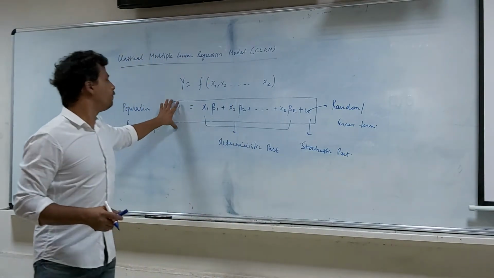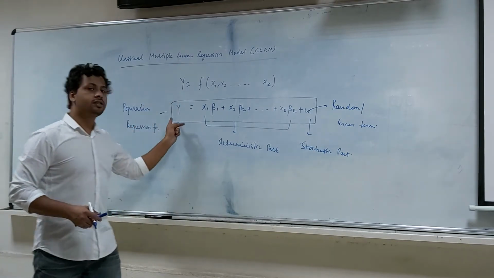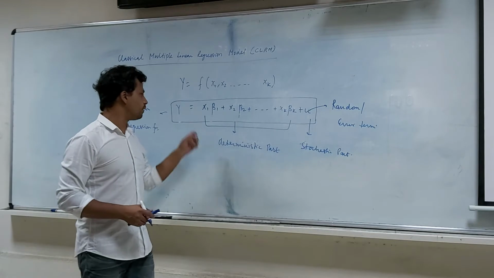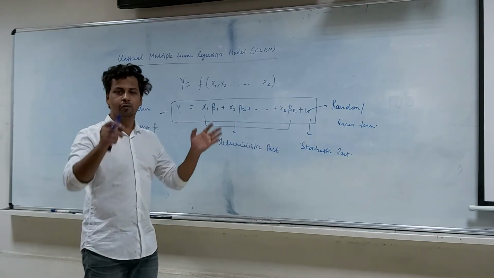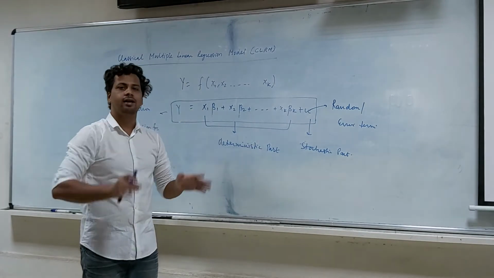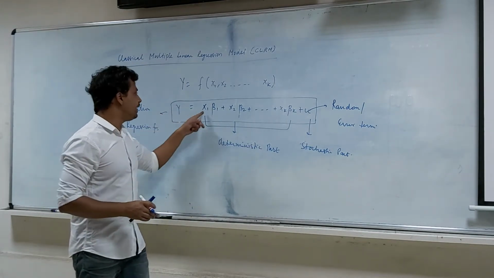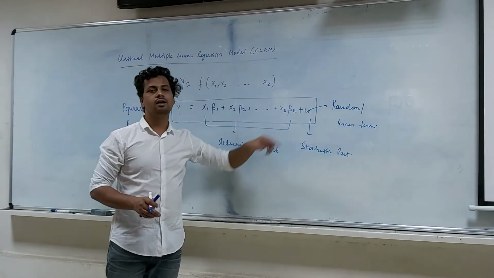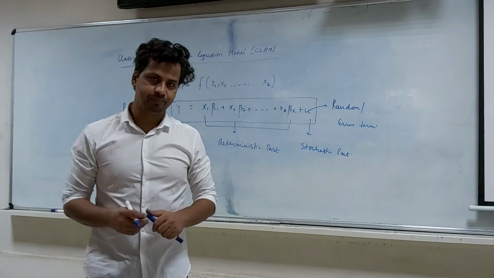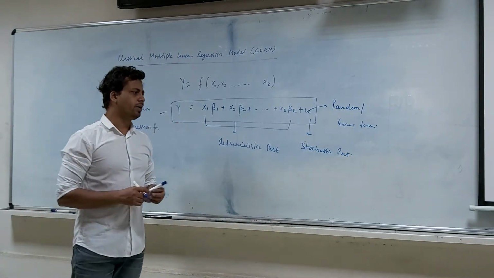So first of all, we assume such a population regression function existing, and the generic form of this population regression function is like this. And you must understand, those of you who would have done a certain linear algebra course, that this y can also be thought of as a linear combination of these x's plus a random error term. Now, what precisely is a linear combination? I can tell you a very rough example.